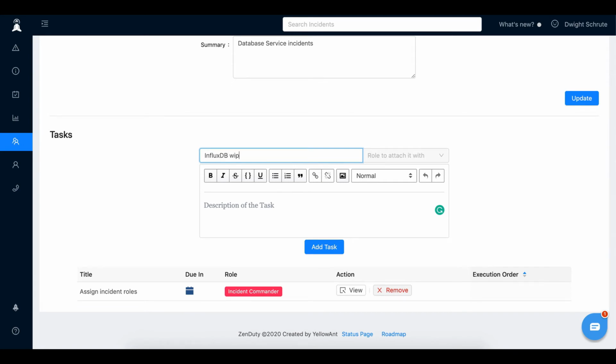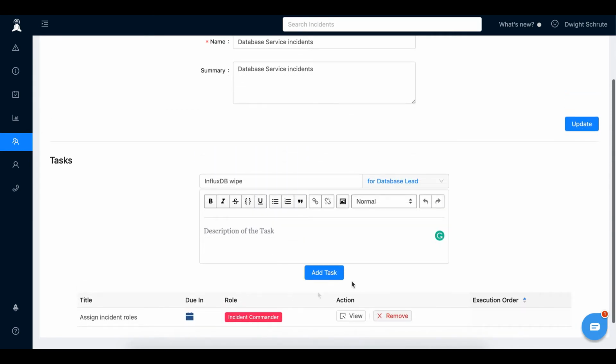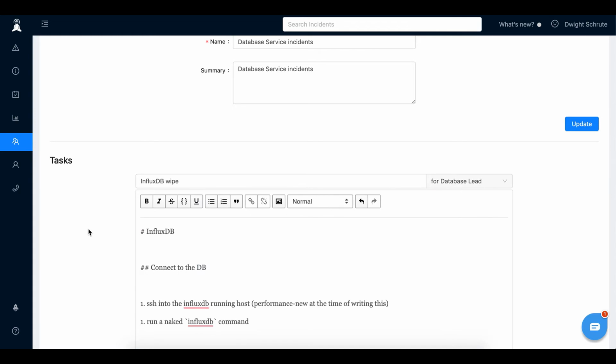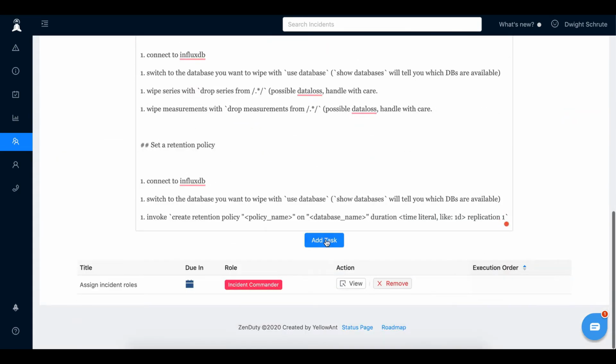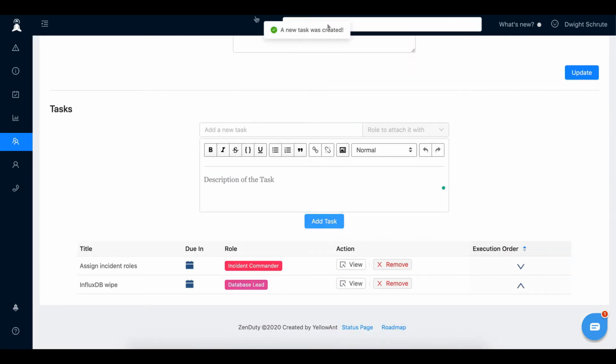So I'm just going to say InfluxDB wipe, and I'm going to attach this to the database lead. This operation needs to be performed by someone who is a database expert and who has the relevant permissions, and therefore whenever the incident commander assigns the roles, he needs to assign the database lead to a database subject matter expert. So I'm going to go ahead and paste what we had from our playbook, and I'm going to click on add task.